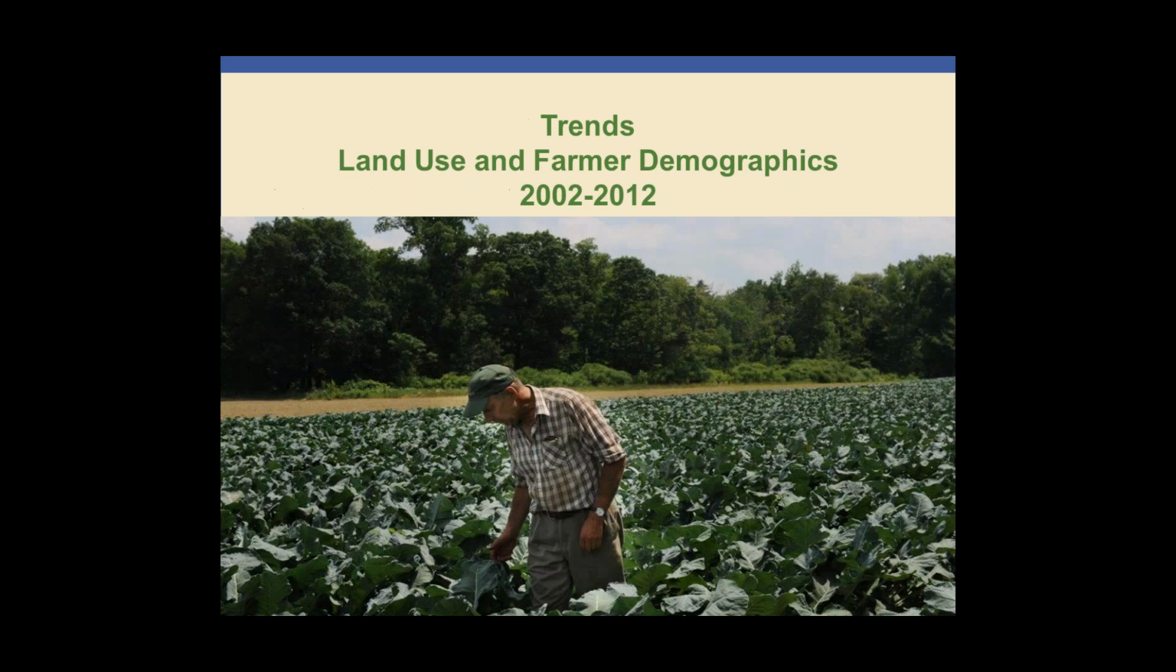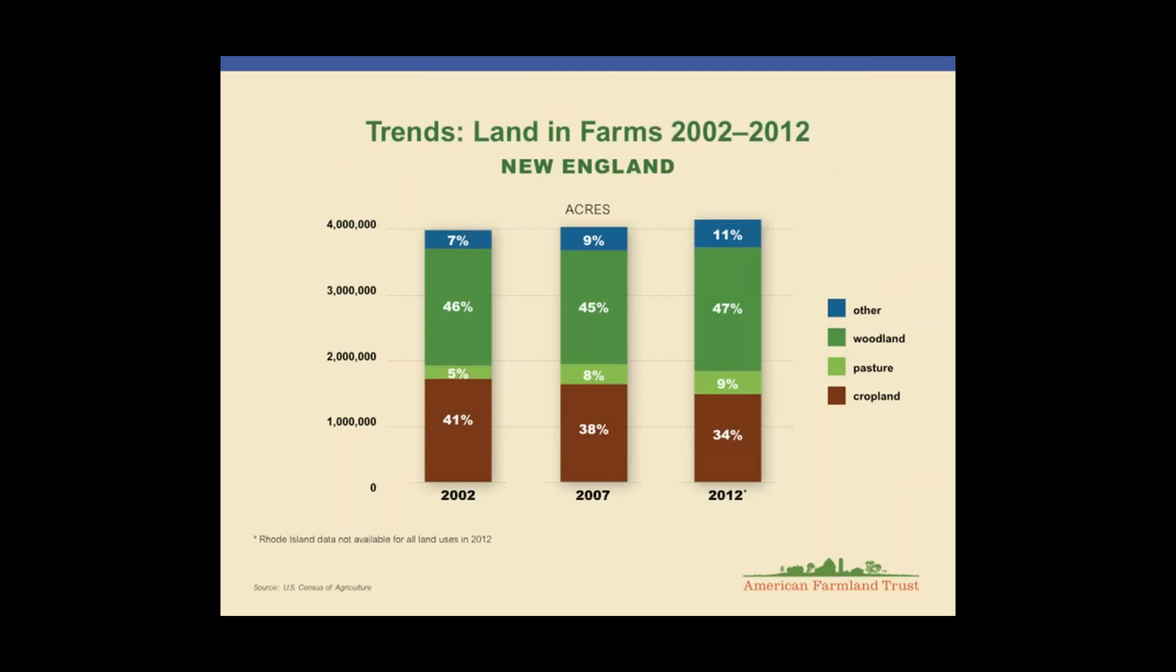So let's start by looking at a few of the land use and farmer demographic trends. These are from the 2002, 2007, and 2012 Census of Agriculture. And we've split these. I'm sorry we couldn't go through all 7 states individually. So we have aggregated to New England, and so we have charts for many of these that are New England total and New York. So looking at the trend of land in farms in New England,